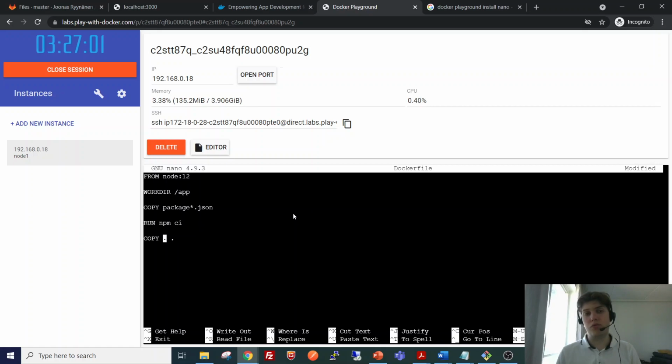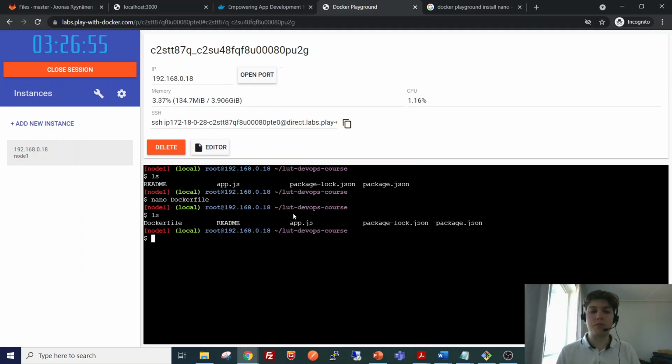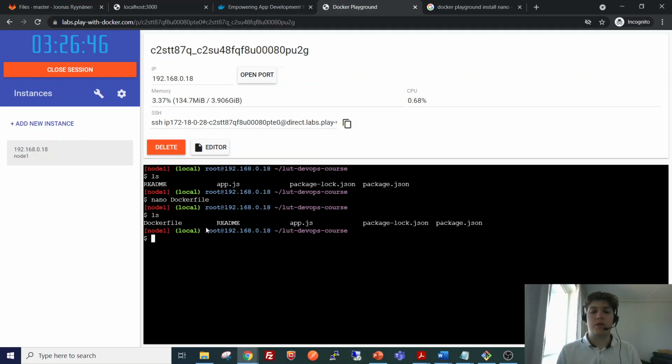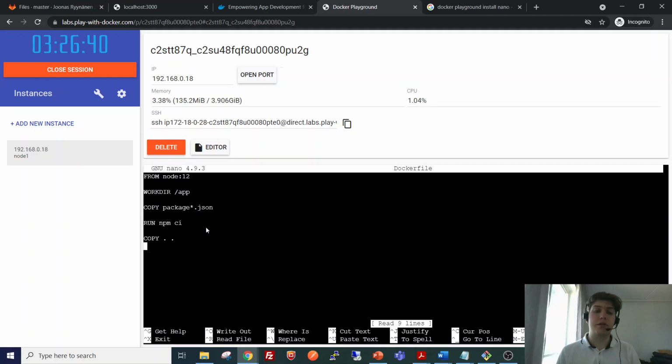local file system. So I can go back. In our local file system we have this readme, this app.js, and well, these already were copied. So we are now copying the readme file and the app.js file here. And actually this should also have a dot here. So with this command we are copying the files into the file system inside the container, or the image rather.